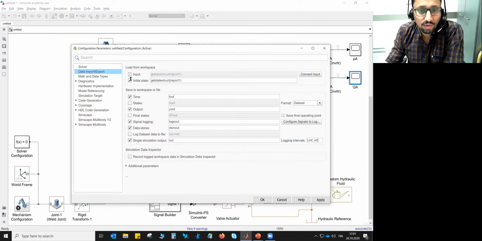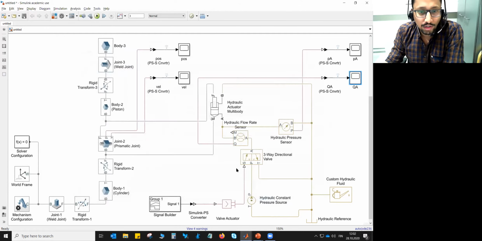You need to uncheck these two boxes so that it will not load the reports. Once you uncheck this and click OK and then simulate the system again, it should work fine. Once you uncheck that, the start values will go back to the start values of the components you defined. So not the static equilibrium condition, but that's the quick trick.